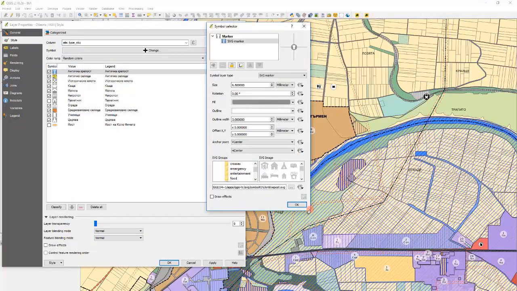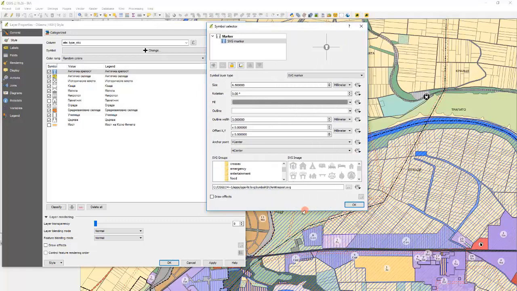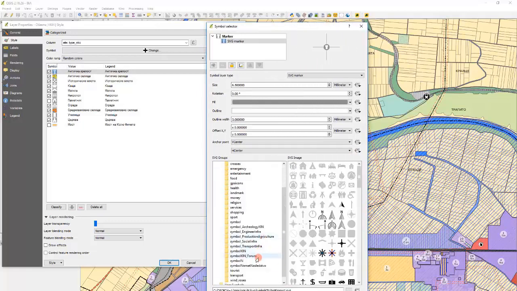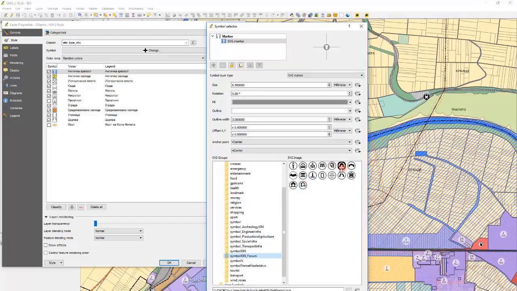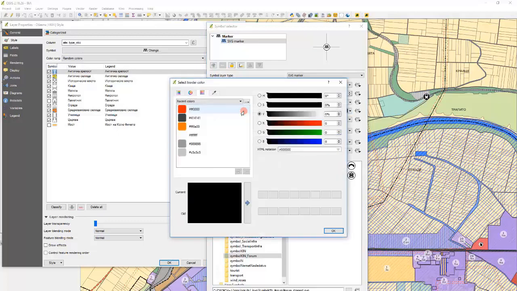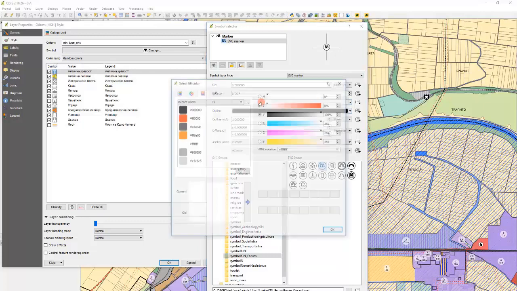For this one we will use, say, which one we will use? Obviously this one, and change the outline to in pixels. It's okay. I can change it to 1 pixel even, but it's okay right now. 6.5, and the color will be,